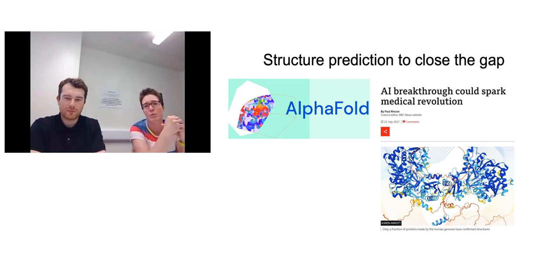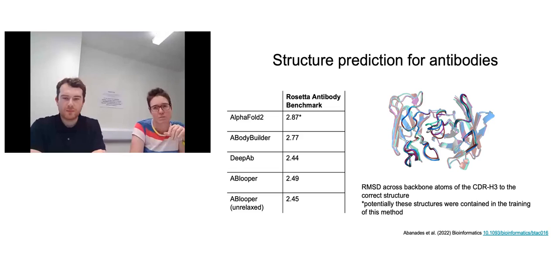That's our first problem. Whatever we're going to use to close this gap is going to need to go much faster. And then the second problem is that AlphaFold was designed for the general protein prediction problem. Those of you who work in the immune area are aware that immune proteins, antibodies in particular, don't behave in the same way as other proteins. So the sequence alignments and the mechanisms used to build AlphaFold don't necessarily work that well when you transfer them across to the specialist types of proteins here.